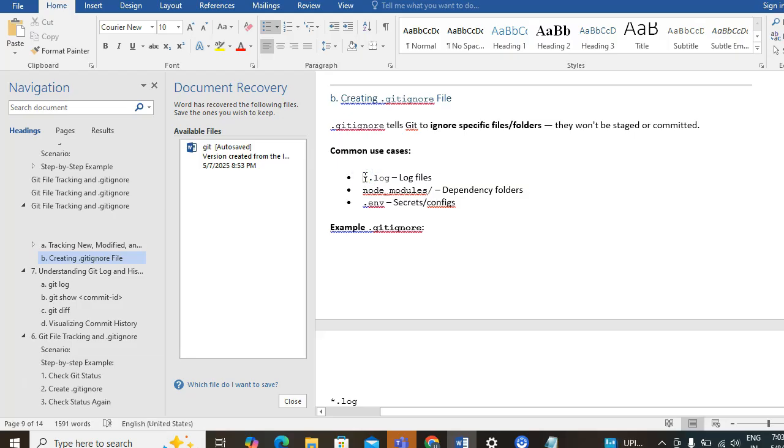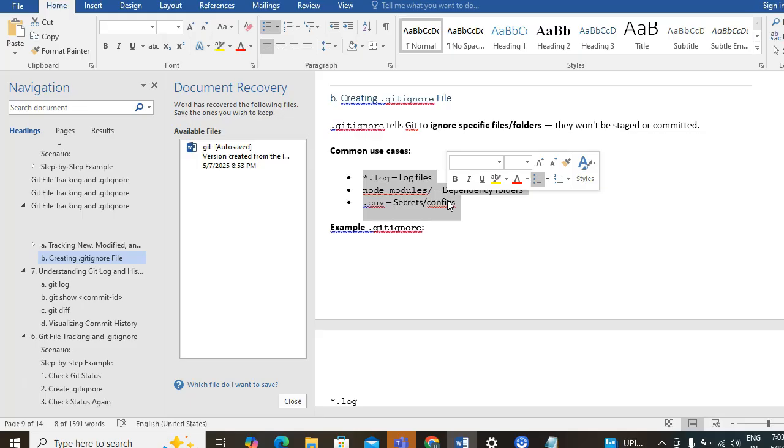When building a project, like the source code for any project, we have some log files, env files, and some dependency files. These are not required for pushing the files into the remote repository. To avoid pushing those files,